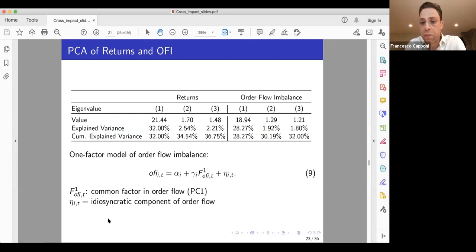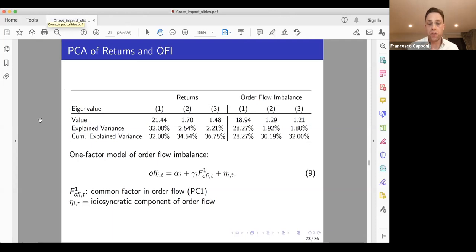If we move to the order flow imbalance, then the first principal component is a bit smaller, it explains 29%, which is actually quite similar to returns, a bit lower, but in the same ballpark, let's say. The second principal component is just under 2%, and the third is, again, 1.8%. So the 3 principal components of OFI explain a bit less than for returns, but we are on the same scale. So we suggest